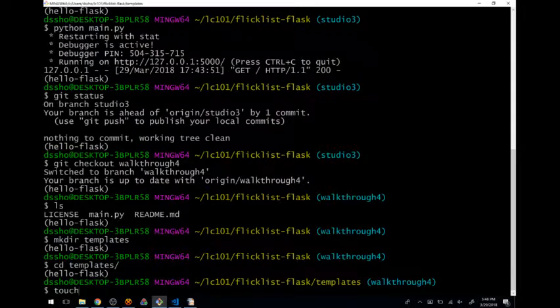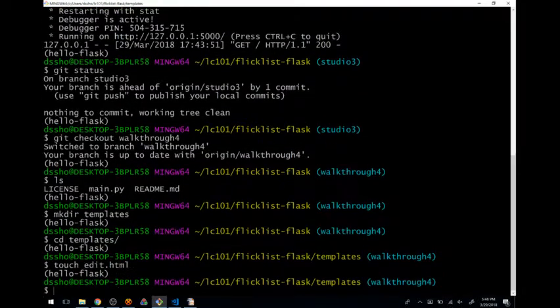new template. Touch, and we'll call it, I'm trying to remember what they call it in the repository so that it looks kind of the same. I think they call it edit.html. I could be wrong about that. The name is not super important, I suppose. But we'll create this new file called edit.html. This is the very front part of our website, the stuff with the text box and the drop-down box in